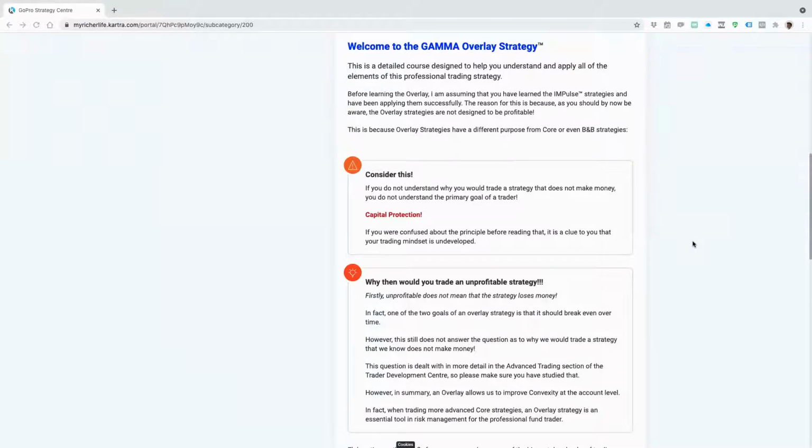It's really important that every single strategy that you trade has got some conceptual basis that underpins the purpose of the strategy. With the overlay, we are trading a strategy that is not principally designed to be profitable. Now, most people find that to be a very strange concept in trading. And certainly when it comes to talking to your average retail trader, all they're interested in is finding strategies that